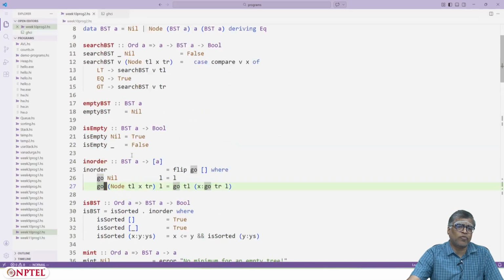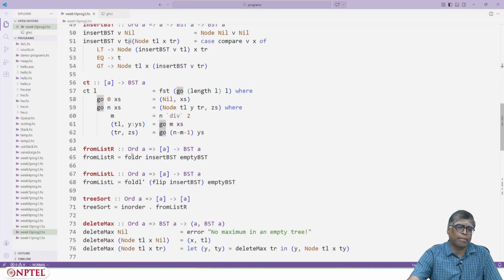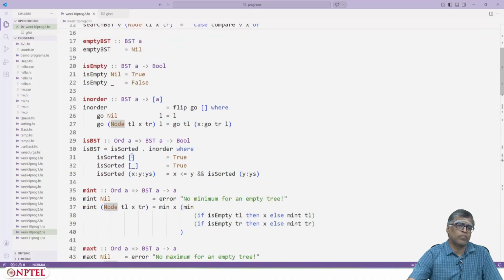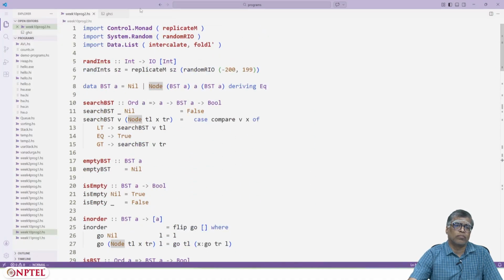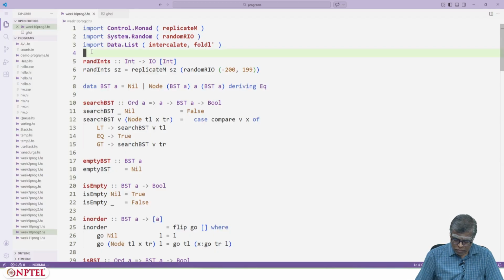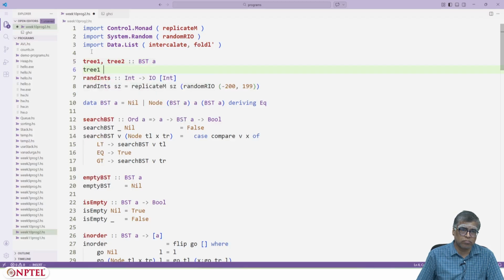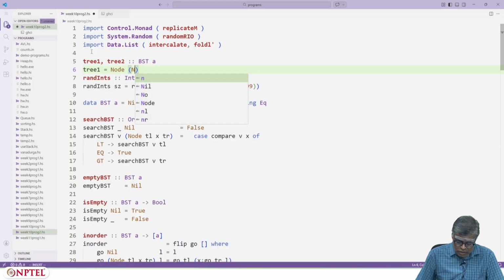Let me create a couple of binary search trees here. I will deliberately violate this thing.